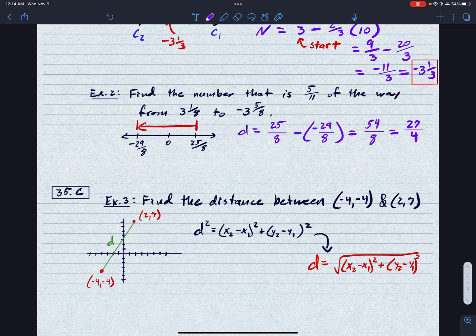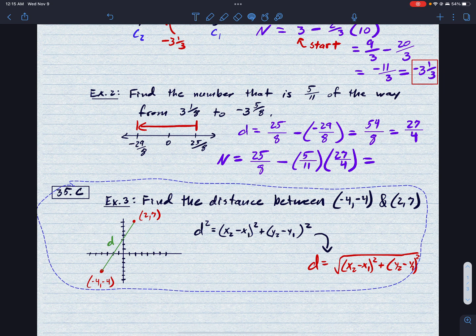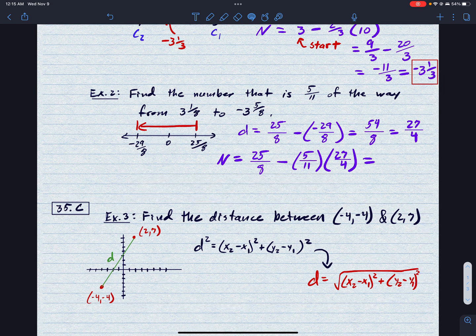All right. So the number we're looking for, I'm going to call it n, starts with 25 over 8. That's my starting position. And then I'm moving to the left. So minus 5/11 of means multiply. So it's 5/11 times our 27/4. 5/11 of the distance 27/4. All right. So we got a little fraction mess to play around with, and that's leaving me with, I'm going to jump down to the next line here. That's leaving me with 25 over 8